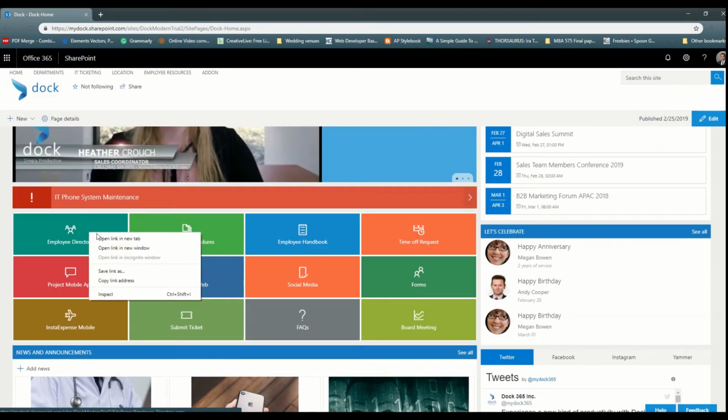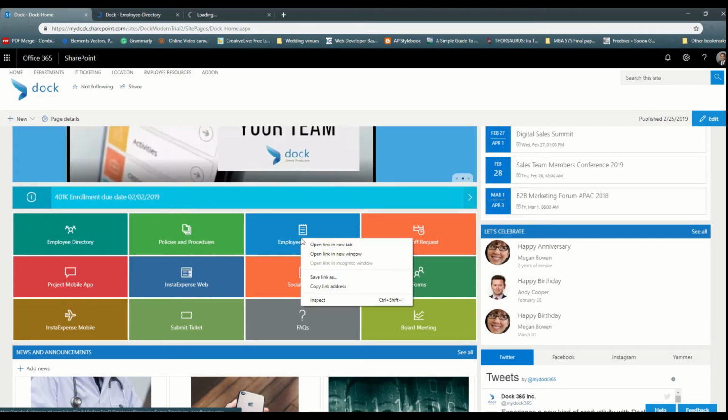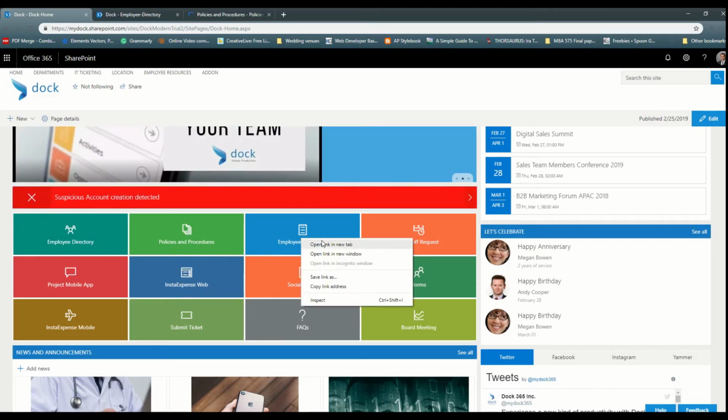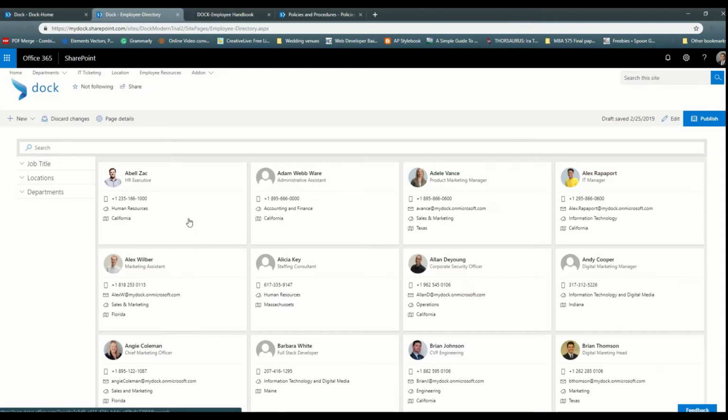Now, you'll also see we have the tiles here. These are all customizable in terms of what links you have here for quick links. The three that we're going to go over today are going to be employee directory, policies and procedures, and then the employee handbook. Now, for the employee directory,